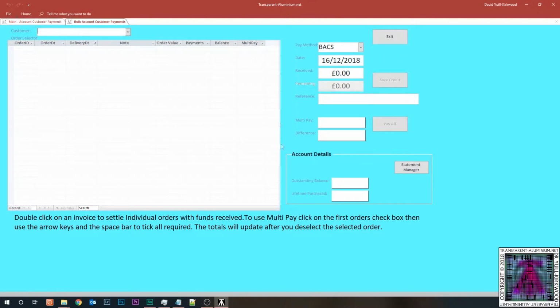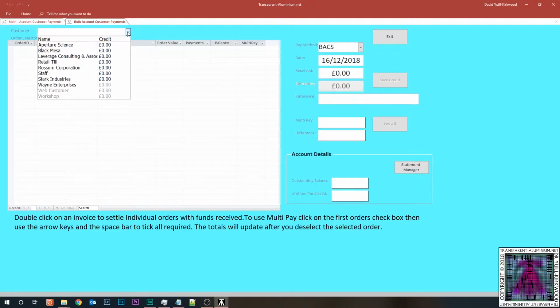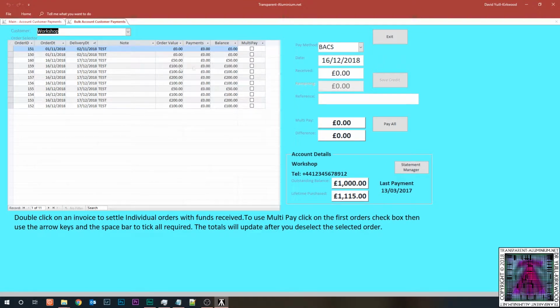You see there's been some additions to the form, but it's easy enough to explain that if we actually use it. So if we go to workshop, and you see I've created a set of invoices that we can work with today. You still can pay these off just as normal, just by double clicking on them once you've got the payment information in. So let's pop some payment information in, and let's put a reference as ABC,